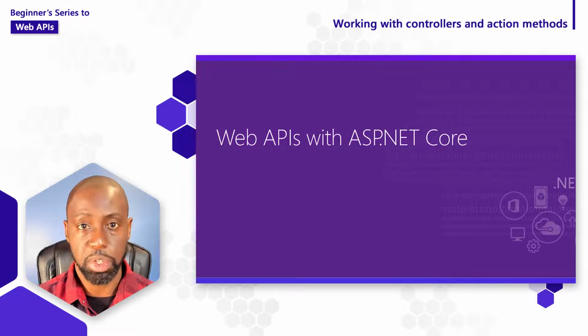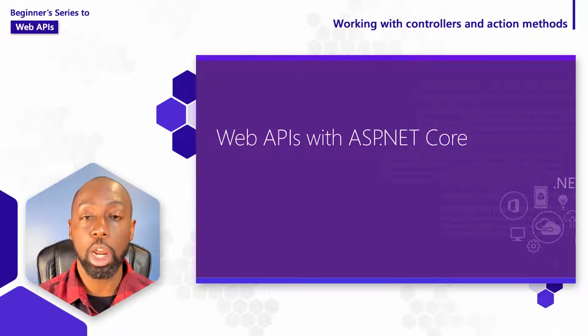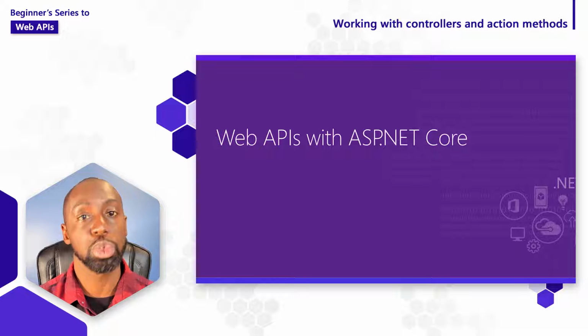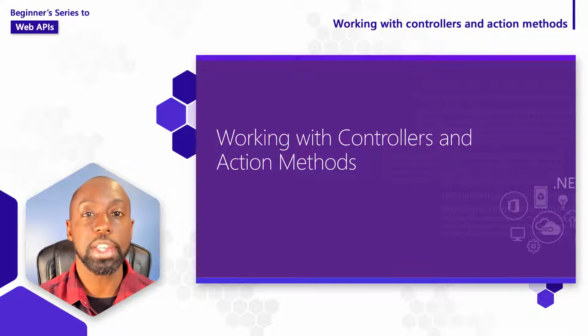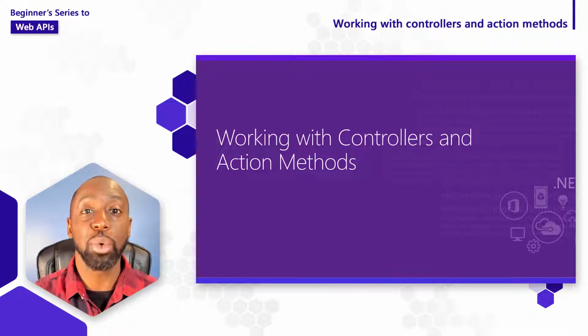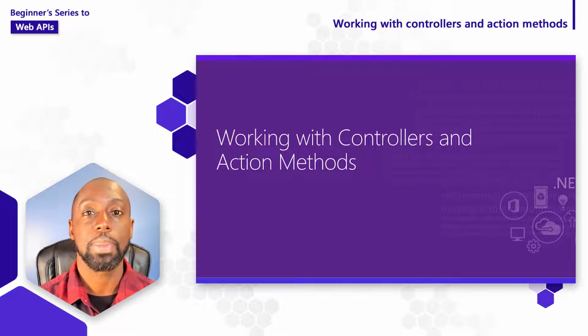So far in our series, we've learned how to create new ASP.NET Core Web API projects inside of Visual Studio. In this video, we'll take it a step further and learn how to process those requests that get sent over to our API. Because, well, what good is an API if we can't process the requests, right? And the two concepts that we'll learn about that will allow us to do this are called controllers and action